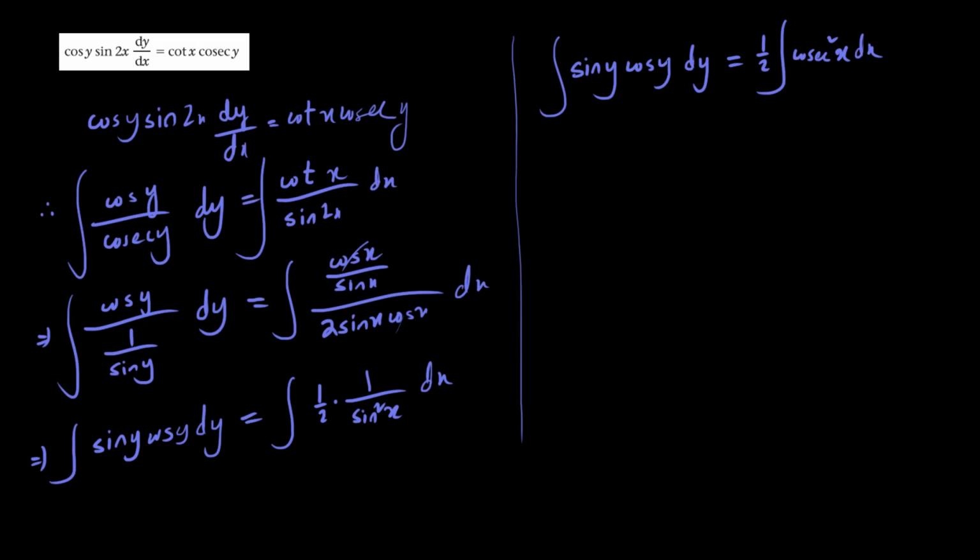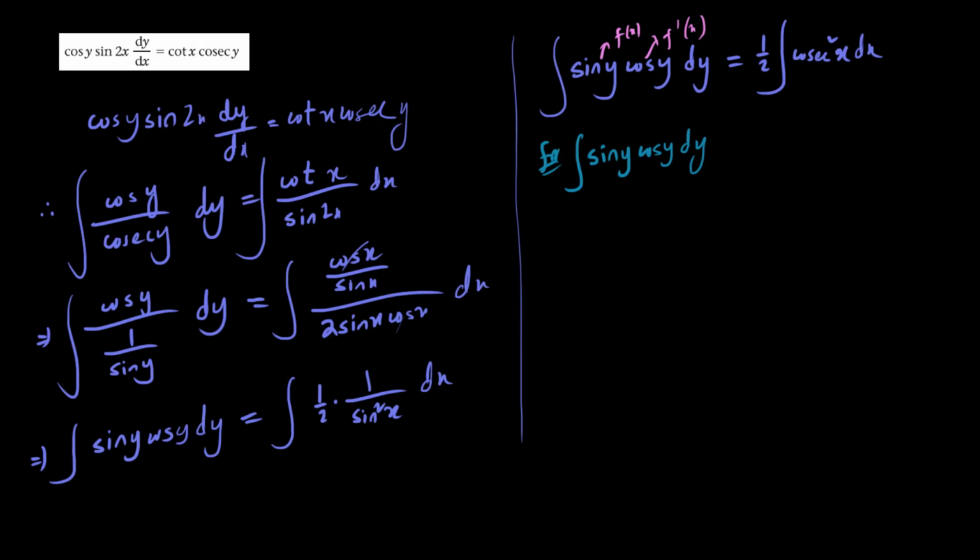So what I'm going to do for the left hand side is use the f(x) f'(x) technique. If I consider this to be f(x) and this to be f'(x), then we can use the substitution method to do that. So I'm going to use that method. First of all, for the integration of sin y cos y dy, this should be f(y) f'(y),